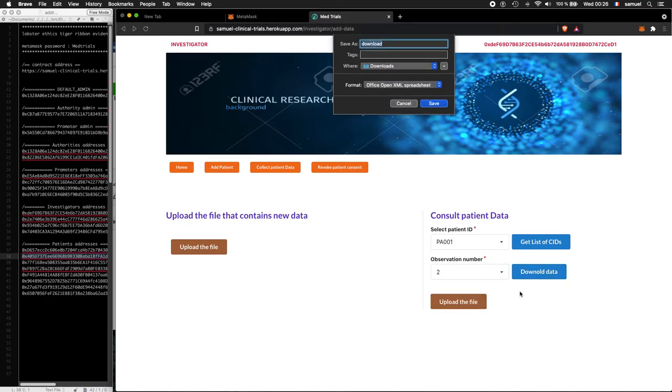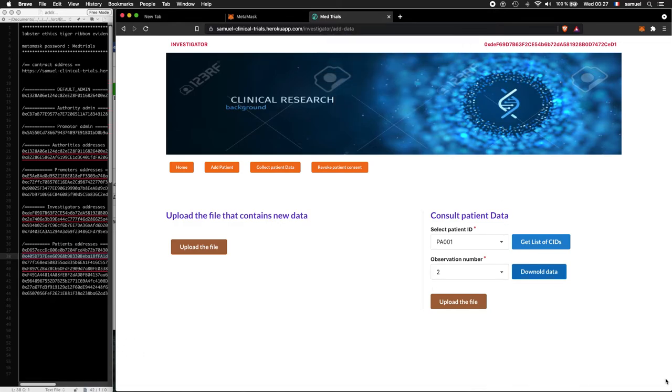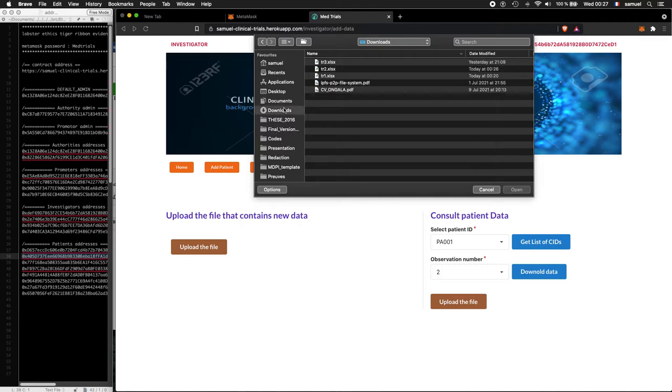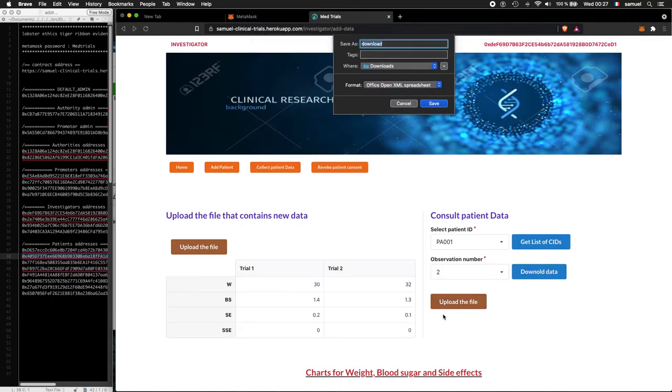By clicking on download, we are retrieving information from the blockchain, so the CID from the blockchain, and the data file from IPFS. I need to save it as file 2. And now that we have retrieved the file from IPFS, I can display it. So please trial 2. Here we are.